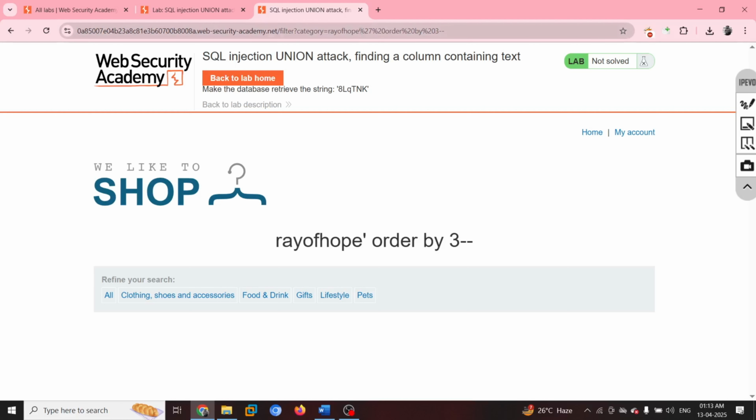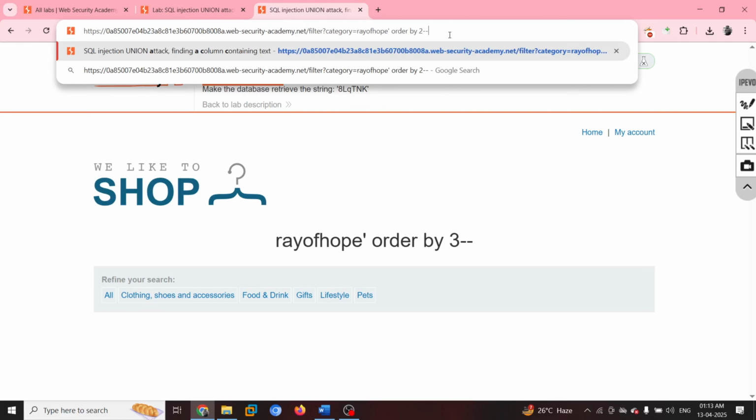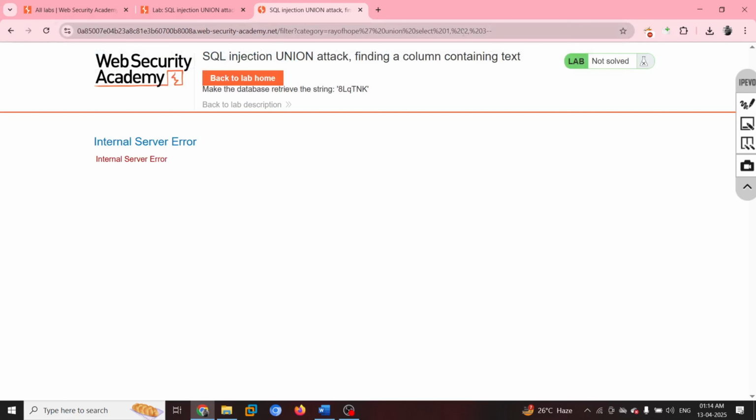Now that we have identified 3 columns, we need to find out the data types, and to find out data types we use union select. So I'm going to use union select 1, 2, 3 with a hyphen. Basically I am trying to see if it is an integer type or not. If I hit enter, I get an error, which means it is not an integer type.